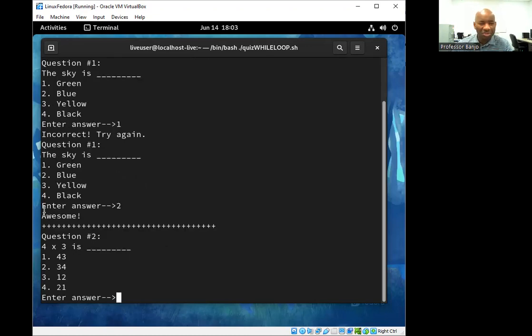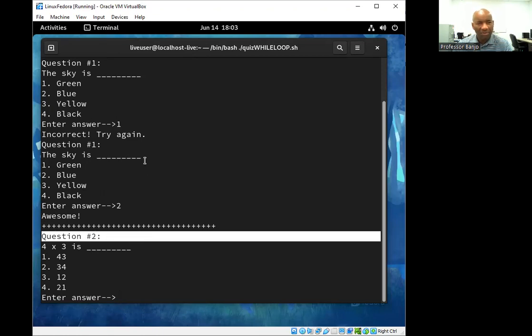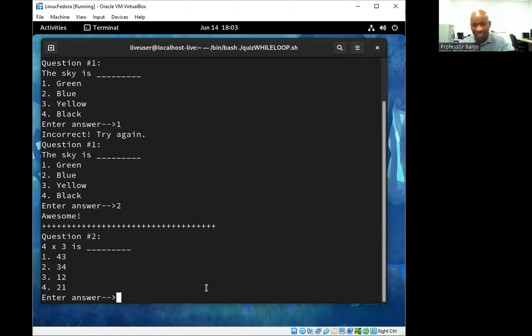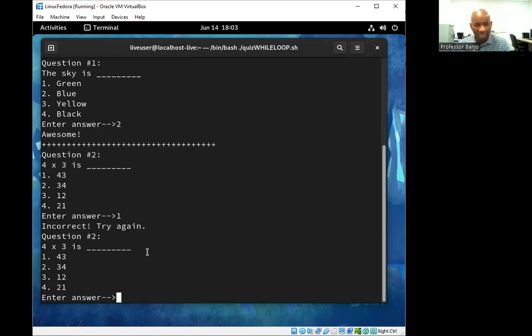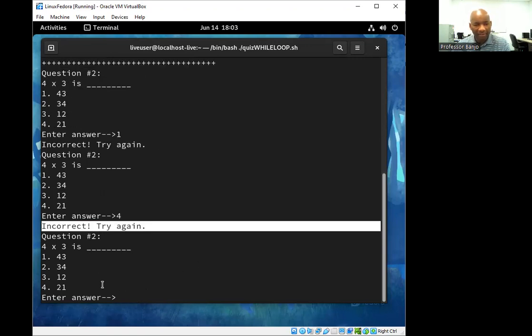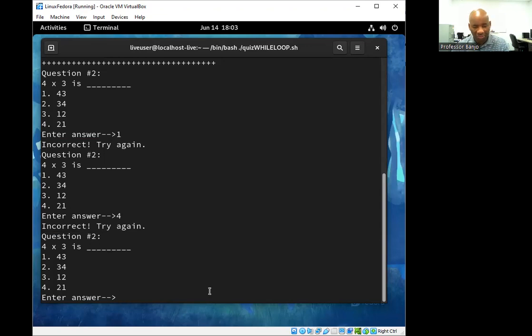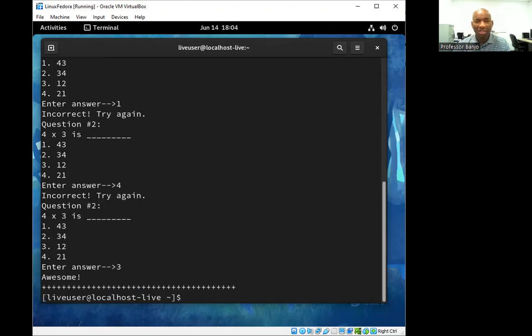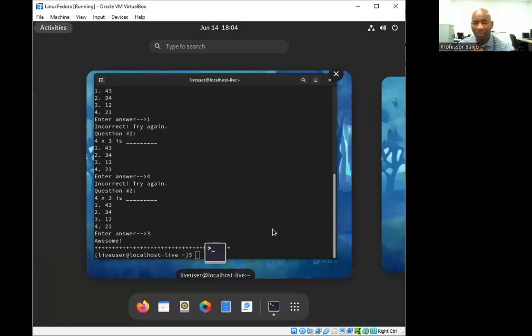And now you can see it jumps to the next question, right? It jumps to question 2. So once you get question 1 right, then it jumps to question 2. And now we ask you the next question. 4 times 3 is, let's put the wrong answer. We're just going to say 1. And it tells you incorrect, try again. I'm going to say 4. Incorrect, try again. And now we put the right answer, which is 3. Awesome, all done. If we look at our text file, which you have 2 points